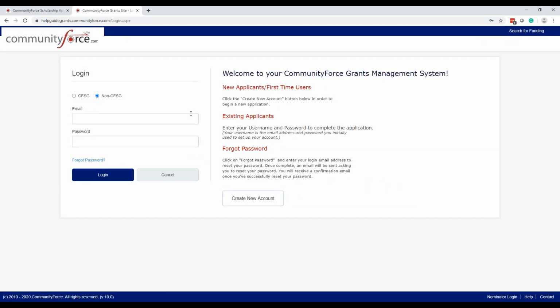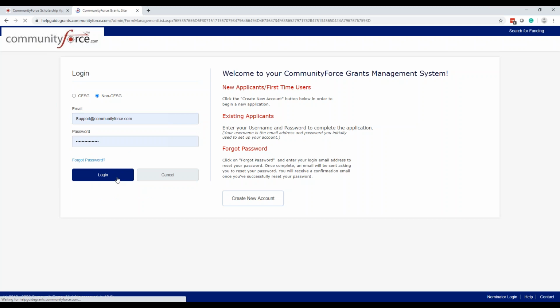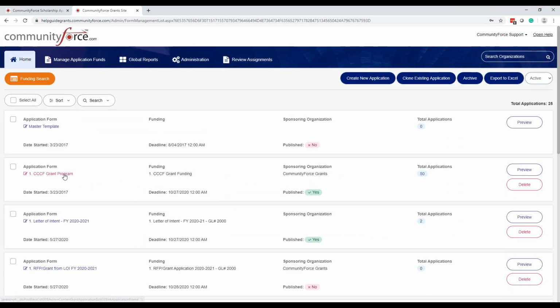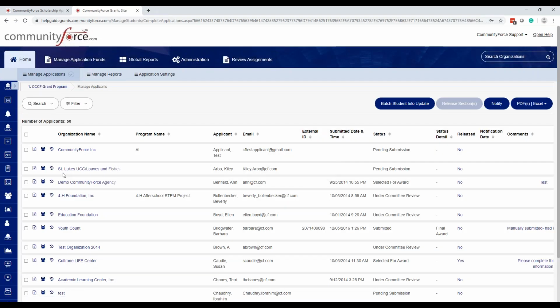Now on the grant side, I'm going to go to the grant site so you can just kind of see an example of a scorecard. I know I was in the scholarship site, but I want you to see some of the ways that we do scoring in grants. So a lot of times our grant users don't really have a scoring rubric where you have scores being calculated in the background. You just maybe want to give your